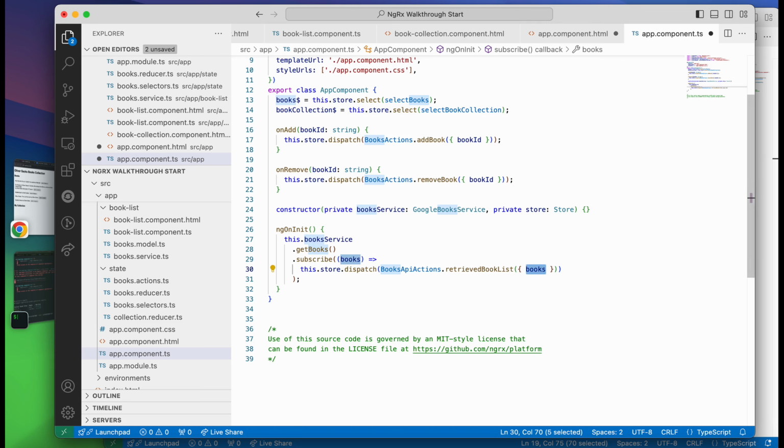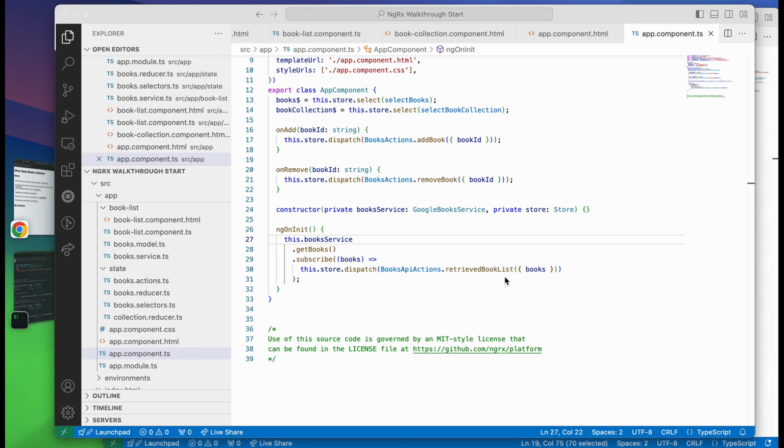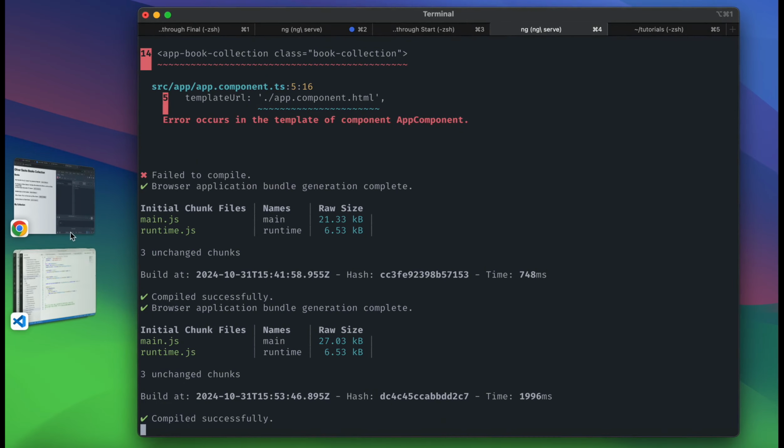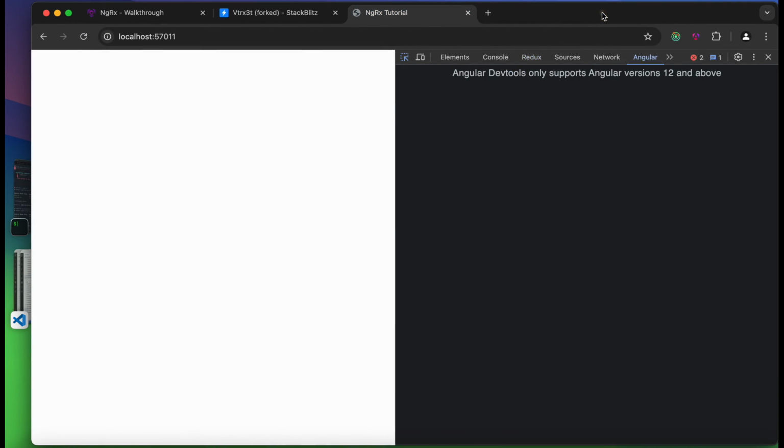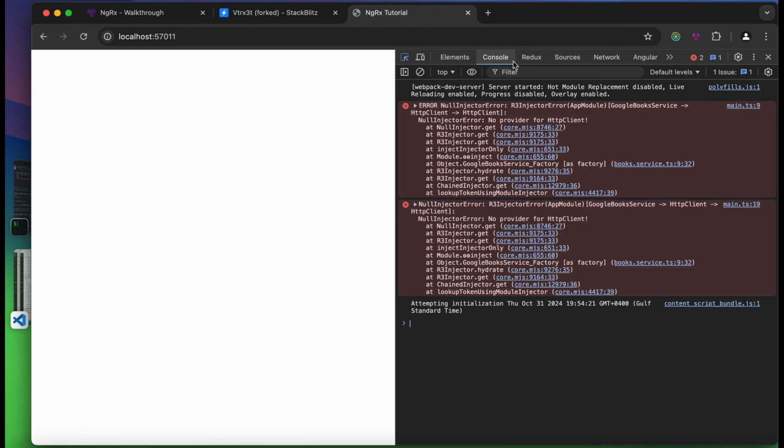All right, so now let's save the files. All right, so let's see if everything is working fine. In terms of compilation, it's perfect. Now let's close this tab. This is the final one, which is 4200. Let's refresh, and we seem to have some issue. Okay, yeah,